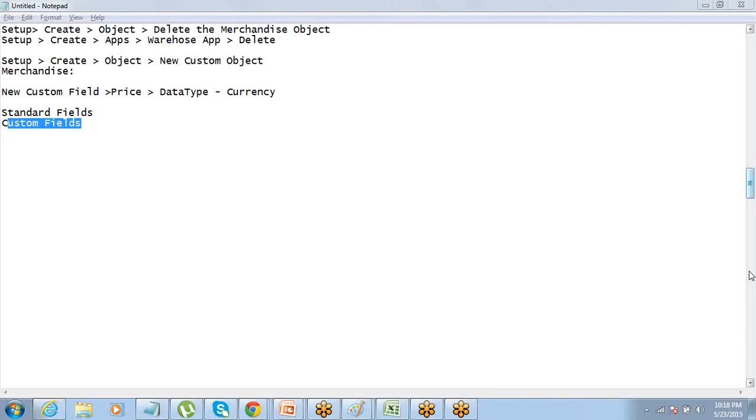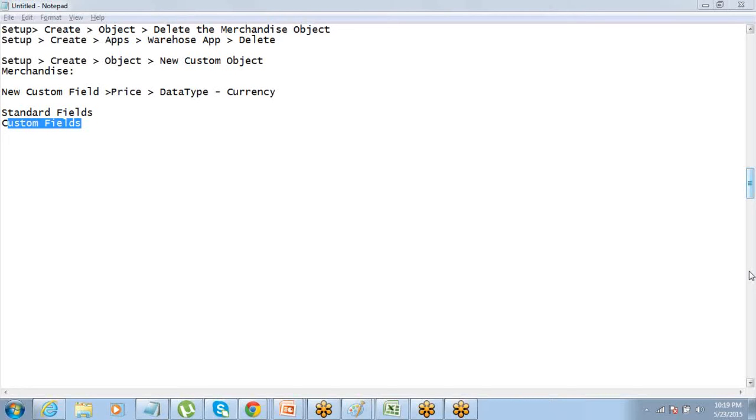Correct. So if you see, you have a delete option for deleting the custom field that you just created. You do not have a delete option for deleting the fields which were by default there. Basically, you do not have an option of deleting the standard fields. You cannot say that I will delete created by or I will delete the name field. Yeah, you definitely have an option of deleting the custom field that you just created. Correct?